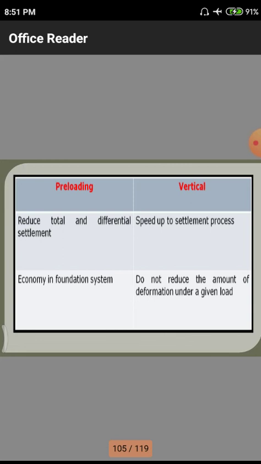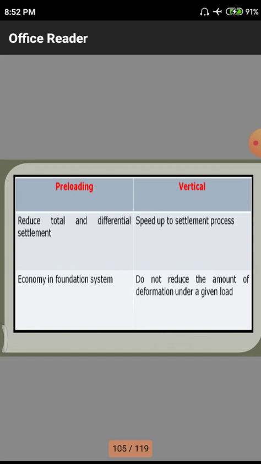But in case of preloading, the total load is applied by the preloading. Due to this preloading, the water is transferred from the soils into the sands. Next one, economy in foundation system. With preloading we normally use a huge amount of material on the site itself, so it is economical for the foundation system. After the foundation we need to fill the total ground with another material, so it is some kind of economy to the constructor or supervisor. All of these involve some amount of settlement and economy purpose.